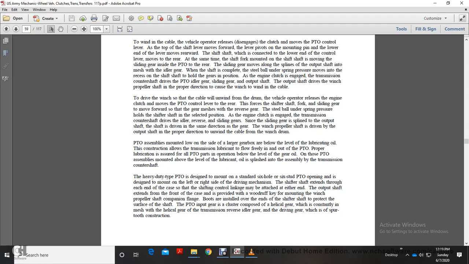The power takeoff assembly is mounted on the low side of the large gearbox, below the level of the lubricating oil of the transmission. Lubricant is free to flow in and out of the power takeoff. With proper lubrication, the power takeoff parts operate below the level of the gear oil. Only if the power takeoff assembly is mounted above the level of the lubricant is oil splashed